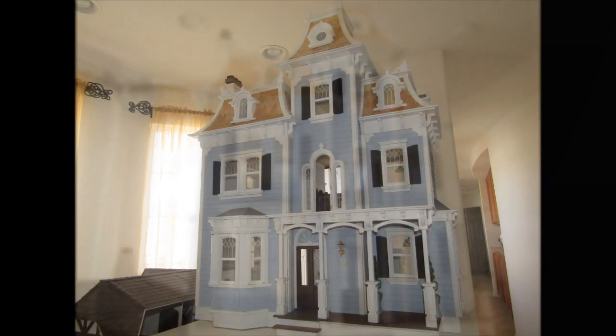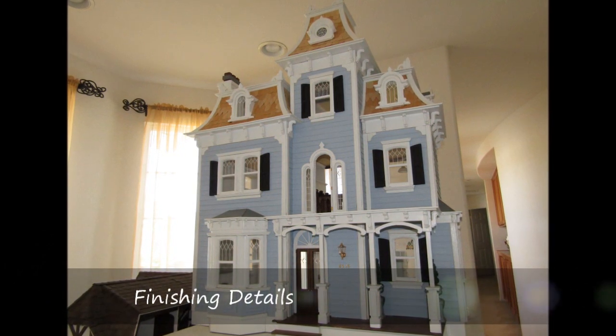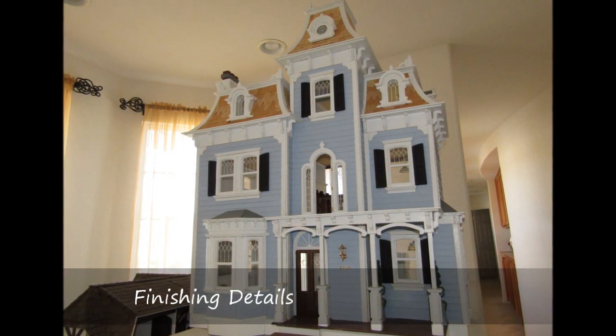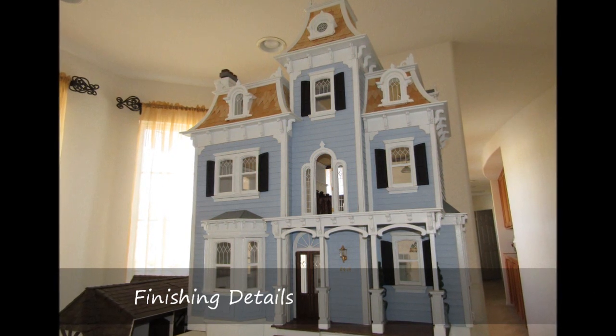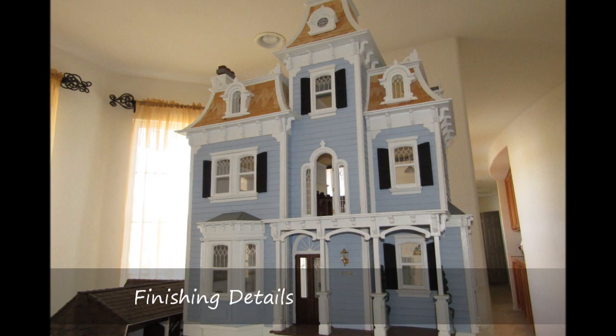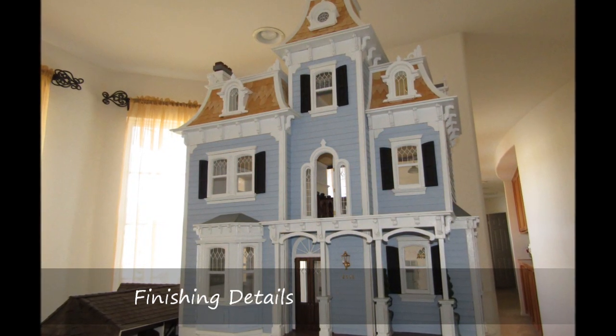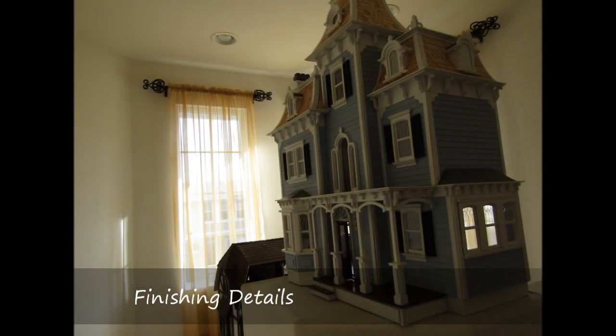In this video for the Beacon Hill Dollhouse construction, I'm going to go over some of the finishing details during the conclusion of construction. One of the things I had to consider after completing the house is where this should be placed. I contemplated several areas around the house, but I decided to try this in the landing platform of